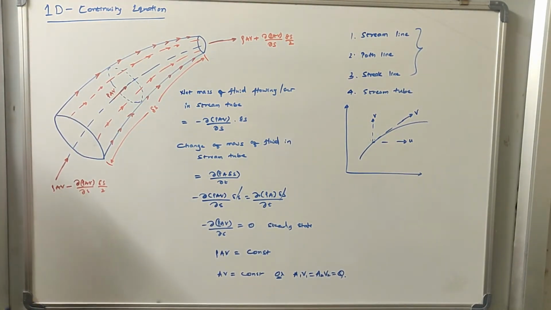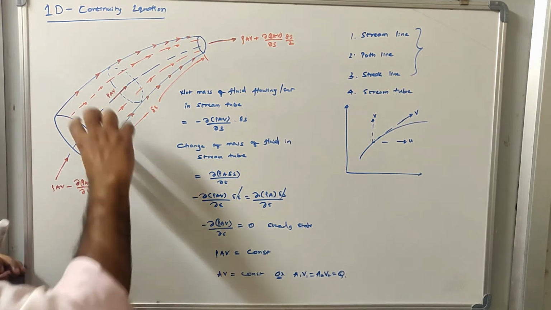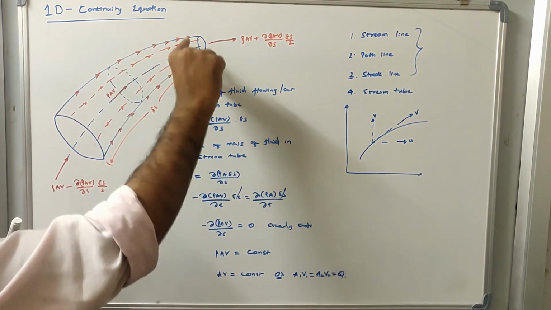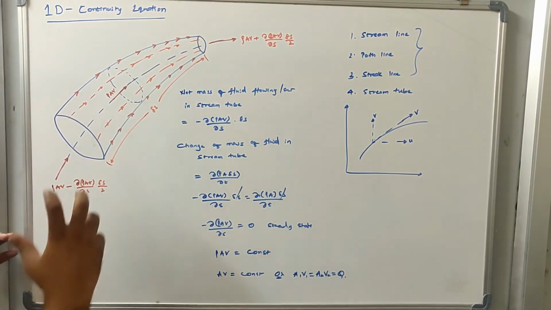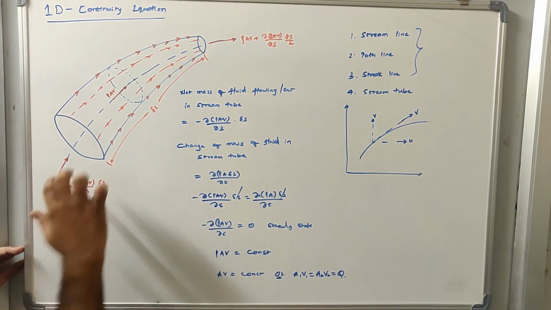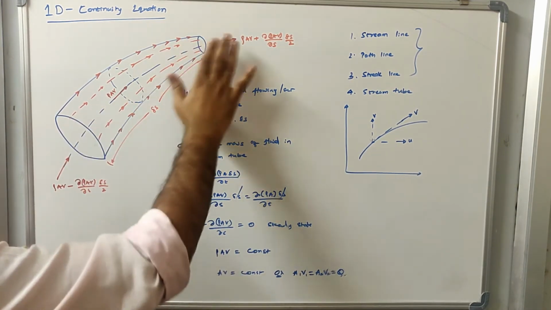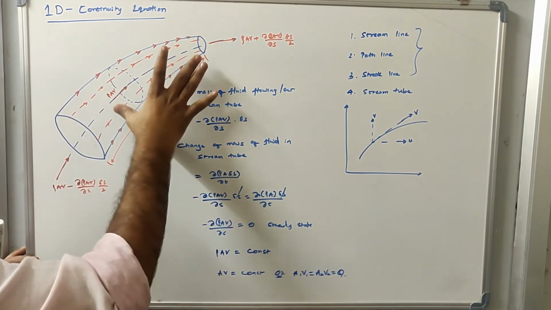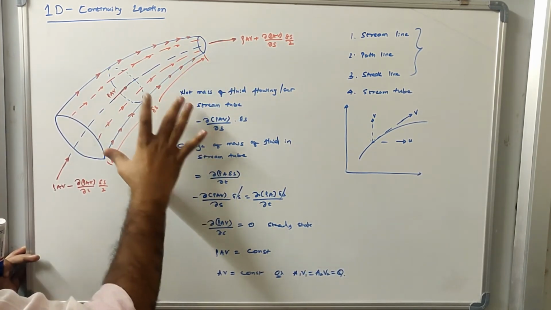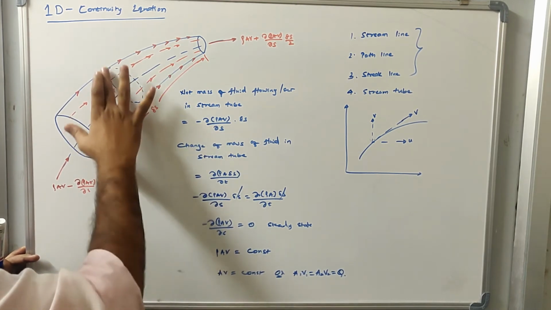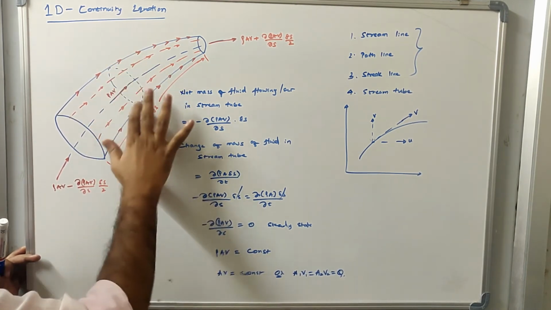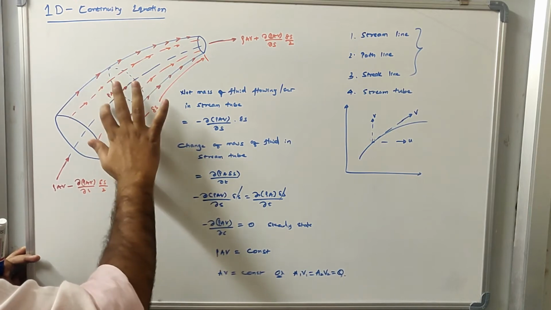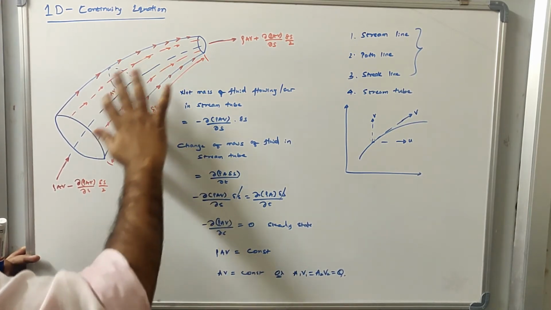Okay, right. So once you understand the flow pattern, we will go to this one-dimensional continuity equation. Now I have already explained what a stream tube is and how it behaves. Here the stream tube is a set of streamlines. This is an imaginary thing. In this we know for sure that the water will flow only in this direction. Now this is the length of the stream tube, which is delta S. Somewhere in the midpoint of the stream tube, we are selecting this cross section. At this cross section we are identifying how much is the flow.